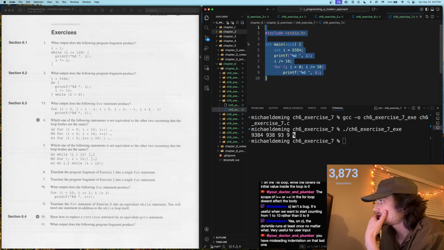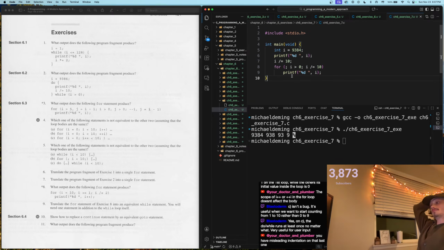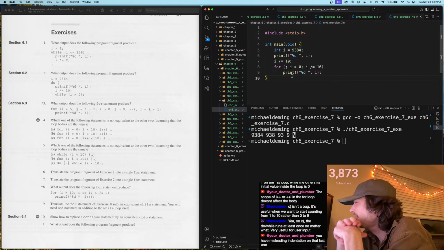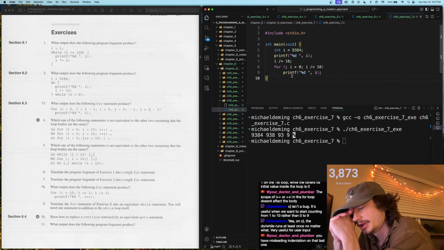Right, so that would do it right there. But is there any way to make a for loop perform the action